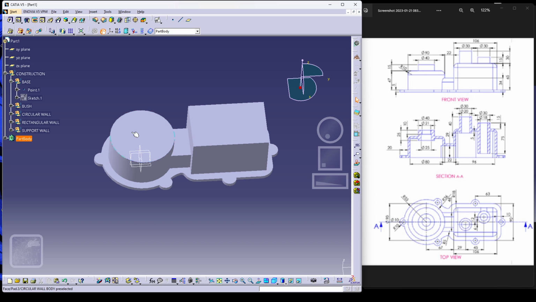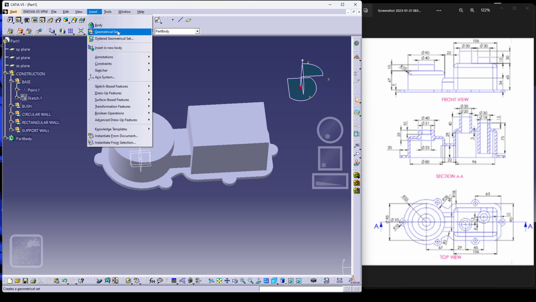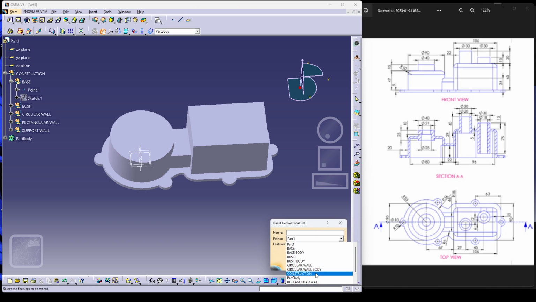We have to create holes on the circle. So hole 1 or the circle hole, we can go with this. So let's go with inserting a construction geometry. Select the construction and let's give it the circle hole,